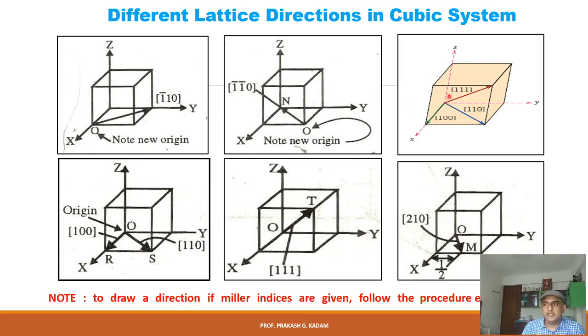Similarly, here is represented a unit cell of the cubic system, you can say BCC, or any cubic structure. This is the XYZ axis. Along X, 1, 0, 0. Here represented 1, 1, 0. Okay. Along Z is 0, and this point 1, 1, 1. Similarly, suppose I take an origin here and draw the line toward this axis.